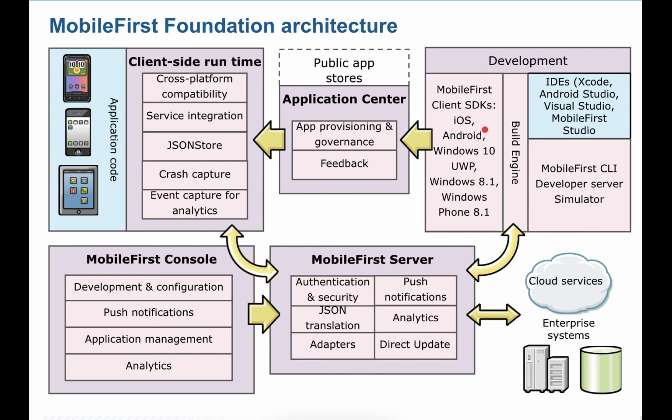So why something like this? Because first you develop an application and deploy it to the application center and public app store, so that your users can download and use the application. But those applications will connect to the database, web services, or the MobileFirst server, so you have to register those applications to the MobileFirst server as well. That's why you can see this arrow. And this MobileFirst server will be connected to cloud services or other enterprise systems or databases or any other cloud services as well, right?